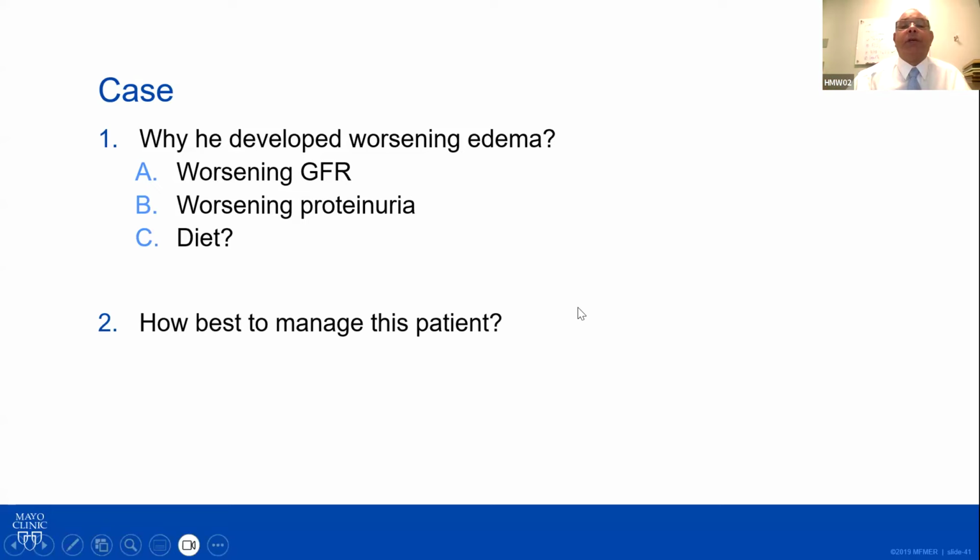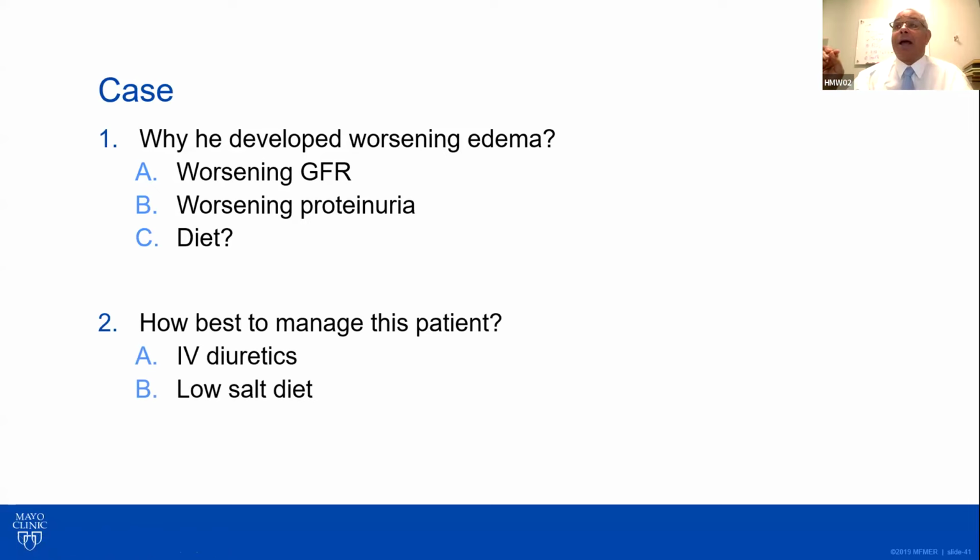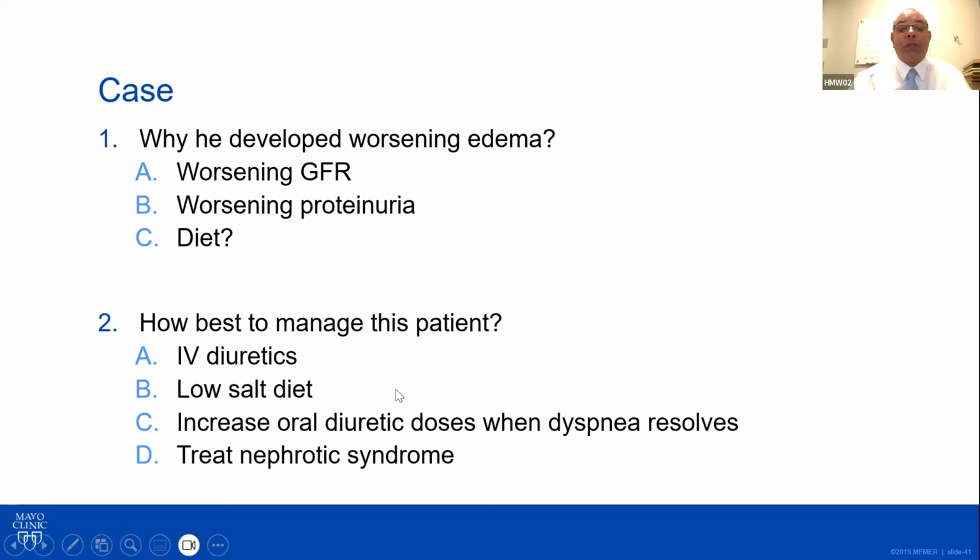Okay, I will take a shot at it. I think this patient now, given the situation he's in, especially with the dyspnea and the 20 kilos weight gain, I don't think oral diuretic is going to work. So we need to revert to IV diuretics and escalate the dose. You might even give him IV infusion if you would like. You have to maintain a low salt diet. And once you get the dyspnea resolved and the edema mobilized, you can switch him to oral medication, but at higher doses, okay? But the bottom line, if you don't treat the nephrotic syndrome, and